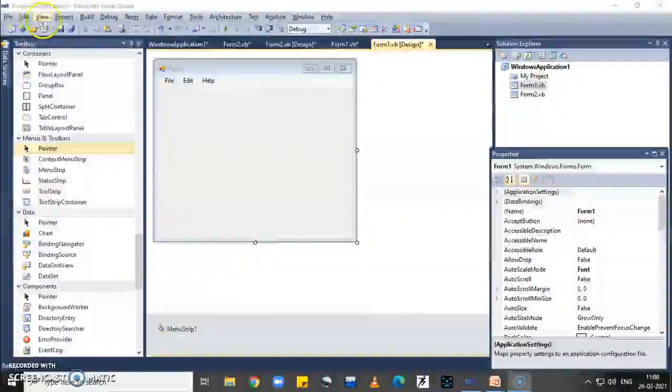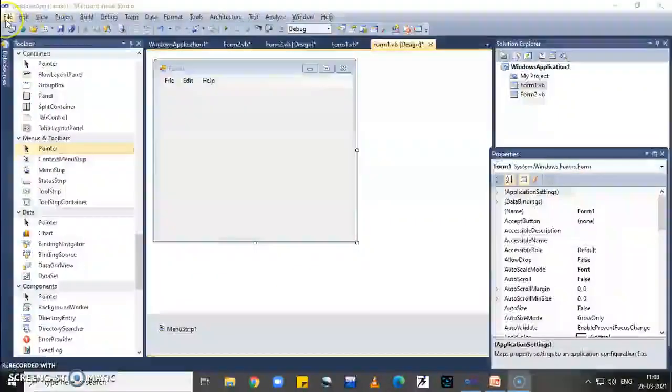Whenever I just want to open file menu, then I have to use Alt key and press the character which is displayed by underlining.